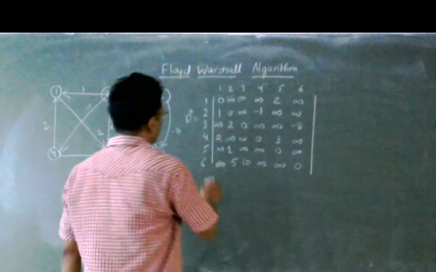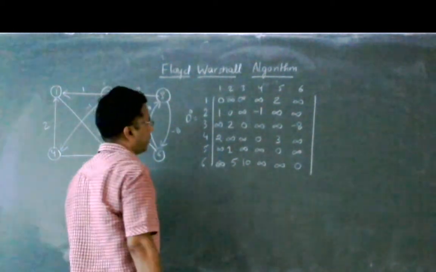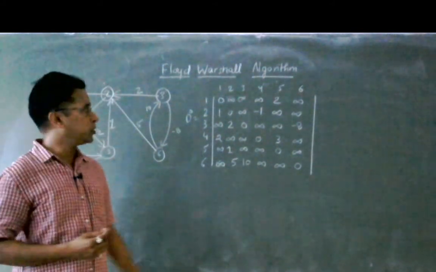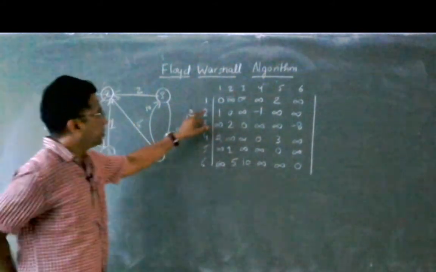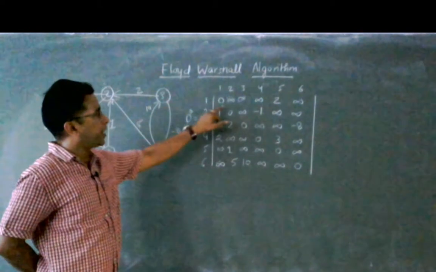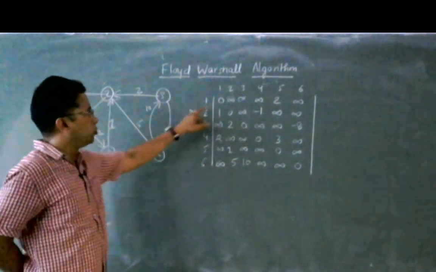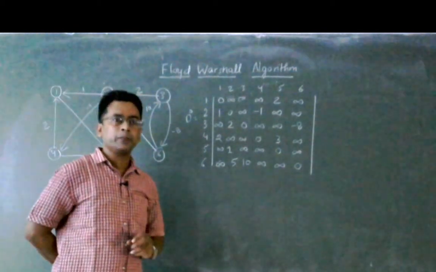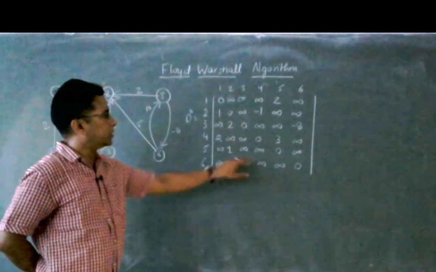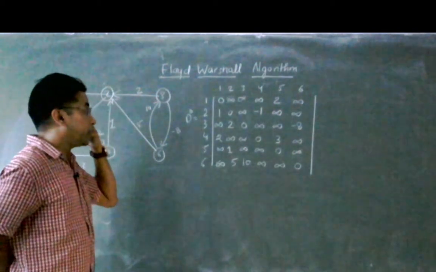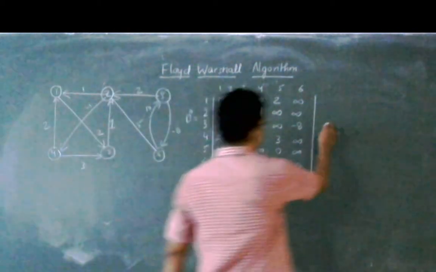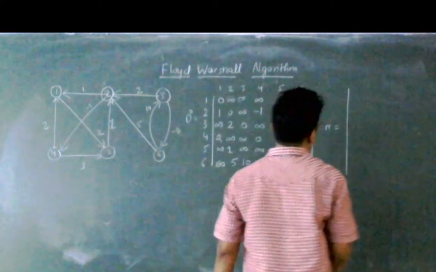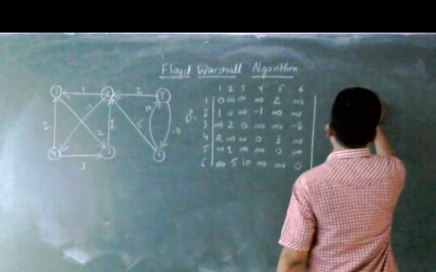This is called the D0 matrix. In the D0 matrix, we have mentioned the vertices which are directly connected to each other. If there is no path between two vertices, then we have mentioned it as an infinity distance. Now the corresponding pi matrix for it would be like this. The pi matrix shows through which node you have discovered. So this would be at value of